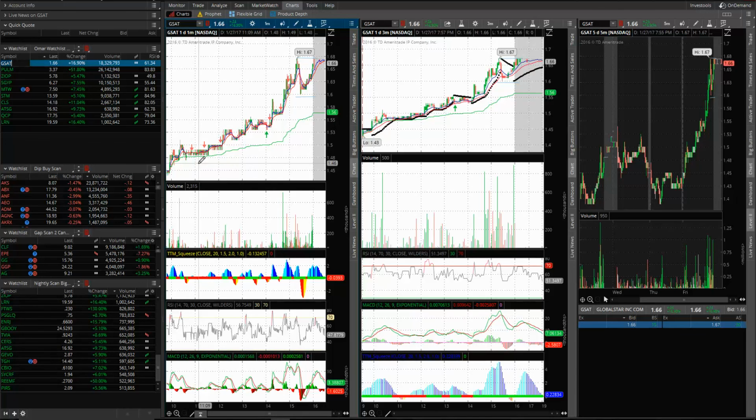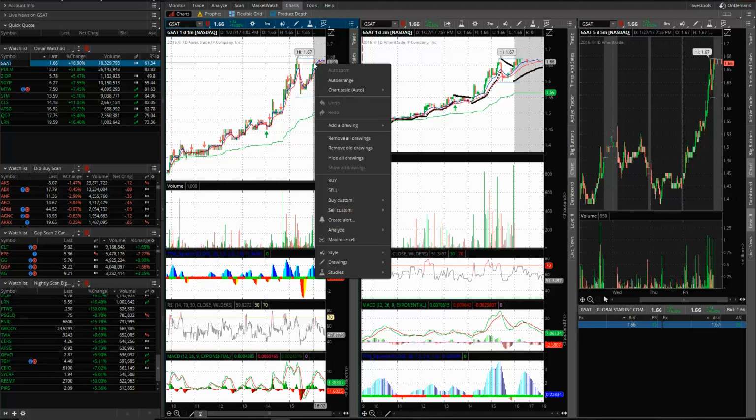Now, two things I want to show you. I also want to show you how you create triggers. People ask me, how do you get in a trade, and how do you set your stops? ThinkorSwim has this really cool feature where, for example, let's say I like shorting, and I like to have my stop 10 cents above the price that I buy the stock for. So the way you set that up is you go to the price, you right click, and let's say you want to do a